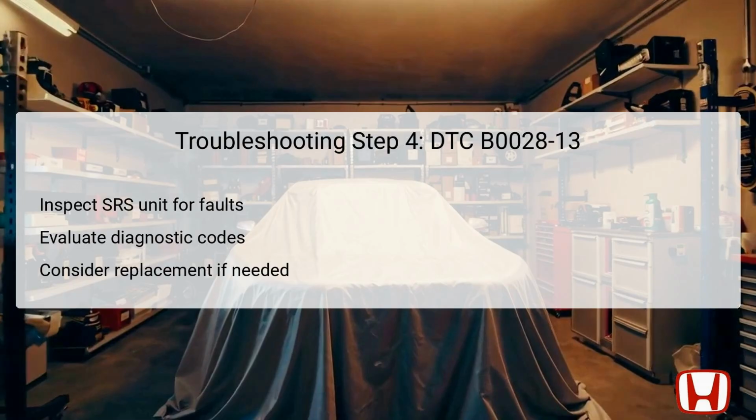If all previous inspection items have returned normal conditions, the next component for evaluation is the SRS unit itself. This central processing module is critical in monitoring various airbag sensors and deployment mechanisms. At this point, the technician should check for additional diagnostic codes stored in the unit that may indicate underlying problems